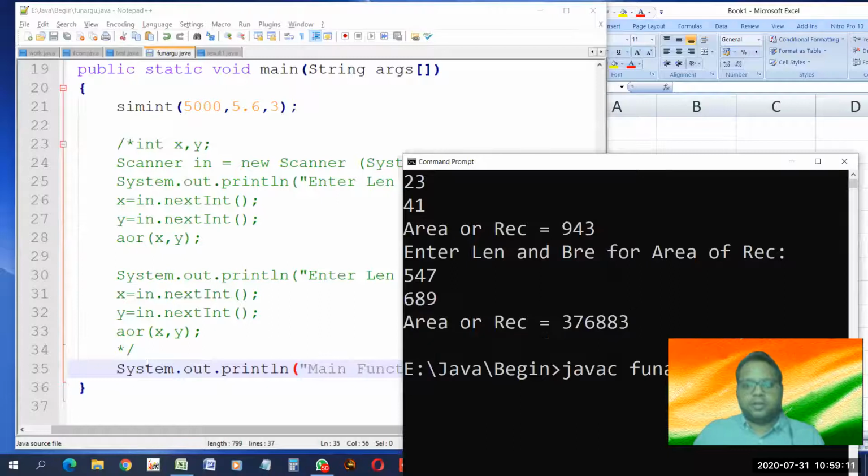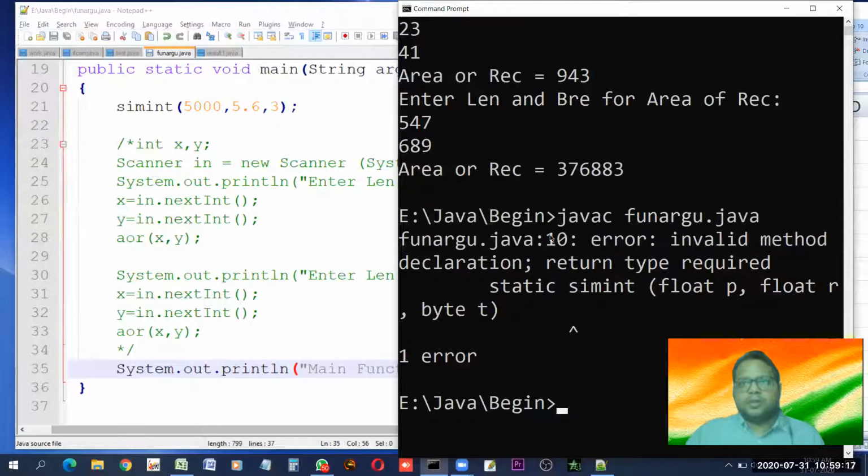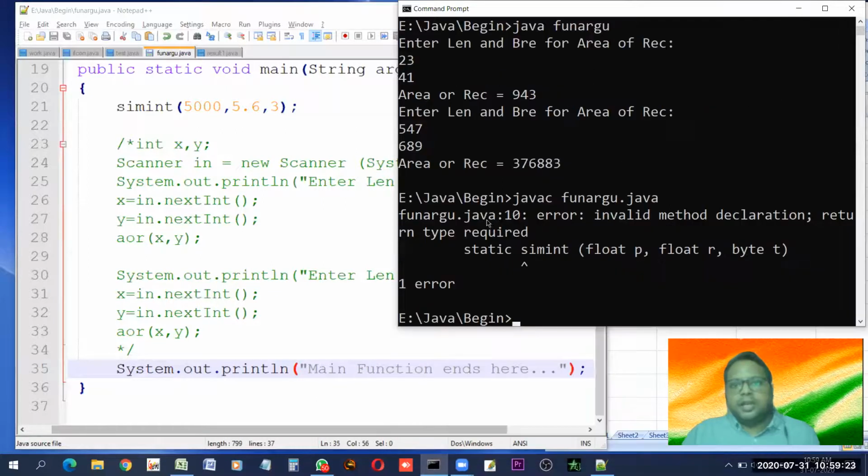Now what? Compile it. Yes, this was expected, which lets you learn something. Let us try to learn what it tells. Line number 10, error. Invalid method declaration. Return type required. Oh yes, I have defined it in the wrong way.